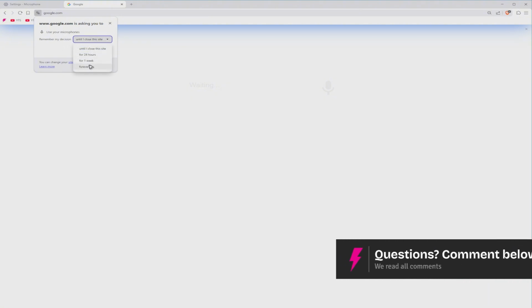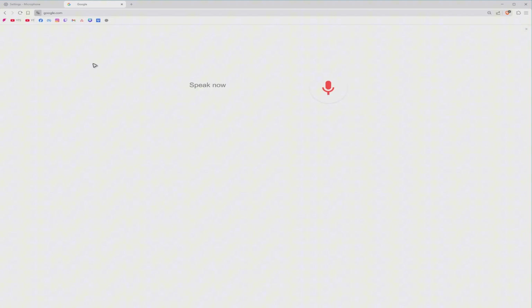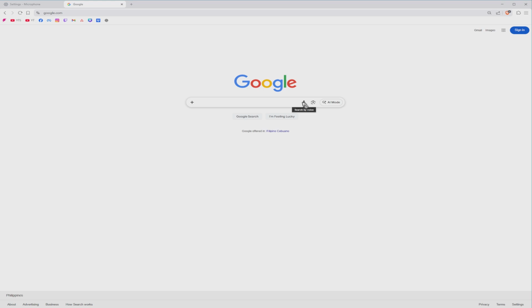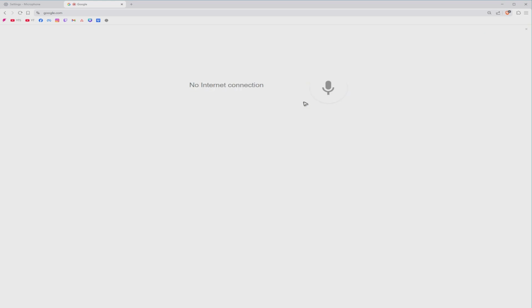Remember my decision. There are three dots. You can enable this one forever or until you close the site. Okay. Allow. And before you start talking, when you click on search by voice, you should see no internet